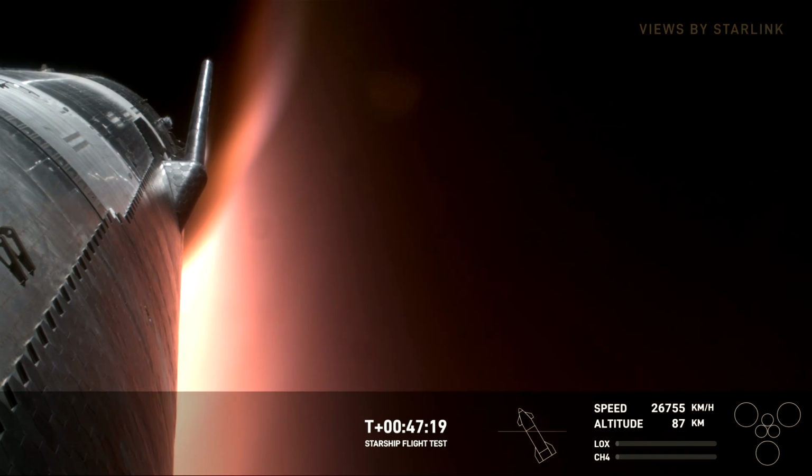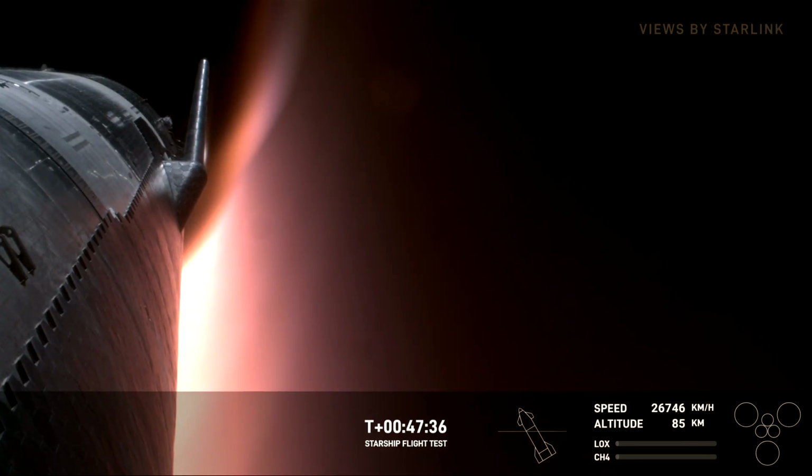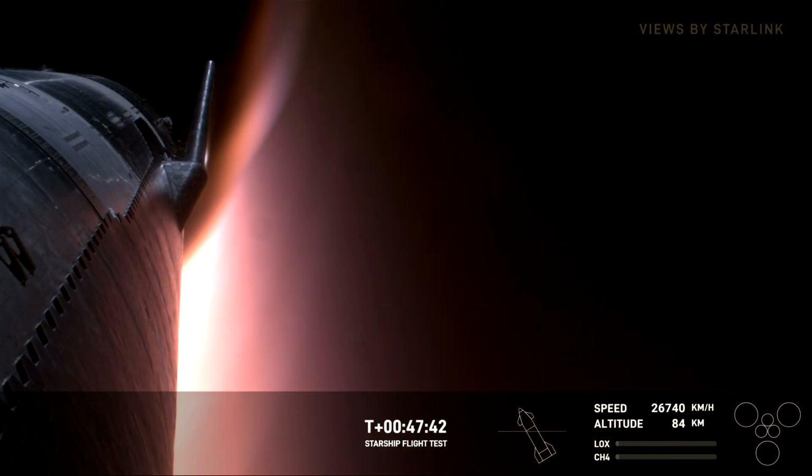And basically the 3 center engines of the ship will reignite and gimbal or point to help flip the ship until those engines are pointing down so that it can land vertically using Raptor's thrust. And as you can see, even from the beginning of the program, we've designed Starship to land on Mars where there are no runways or other humans to help out. We also want rapid reusability, so we're doing...